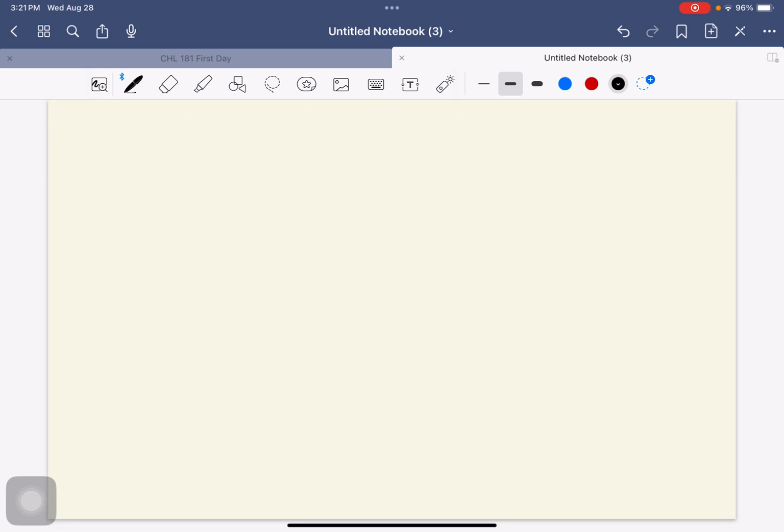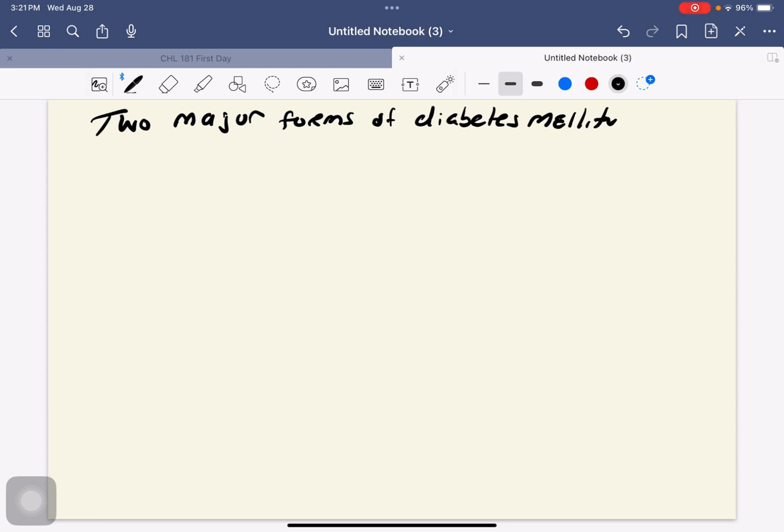So, there are 2 major forms. We'll talk about other forms of diabetes in a little bit. The 2 major forms of diabetes mellitus, right? I usually abbreviate it as DM. So if you ever see me write it as DM, that's what I'm referring to as diabetes mellitus, the filtering of the sweet, right? Type 1